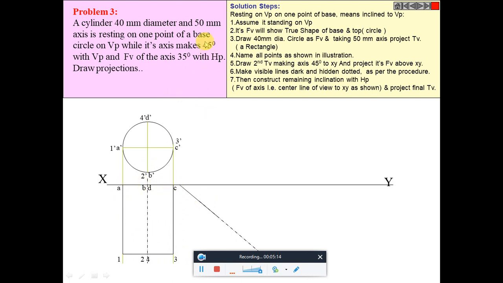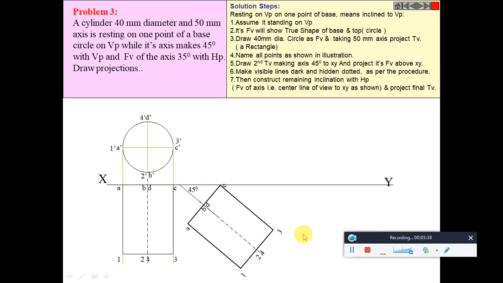First we know the value of phi is 45 degrees. So phi, we know that it should be below the xy line. So for 45 degrees, just draw the line and duplicate this top view in xy, and one base should touch the VP, right? So in order to draw this, take the distance of the points bd and c, just take the distance, right?